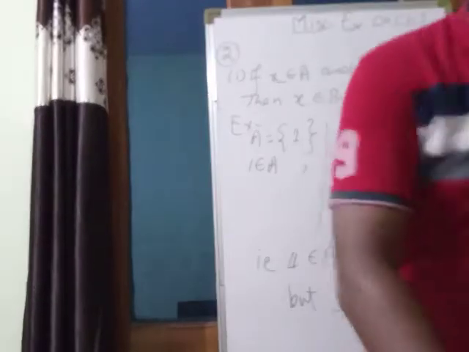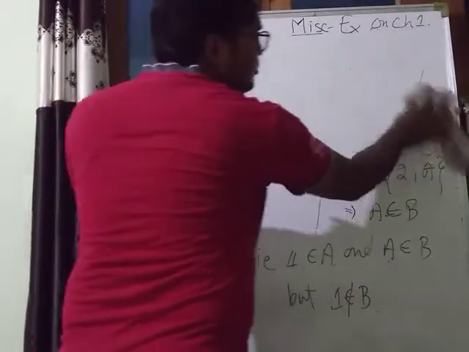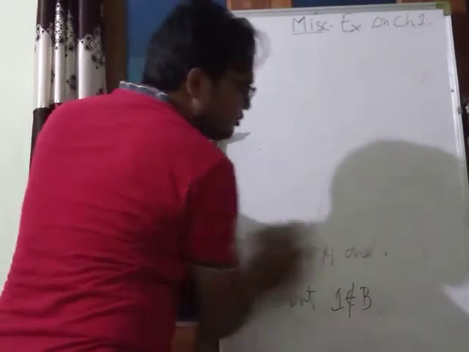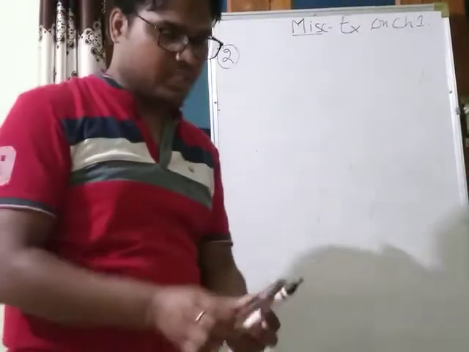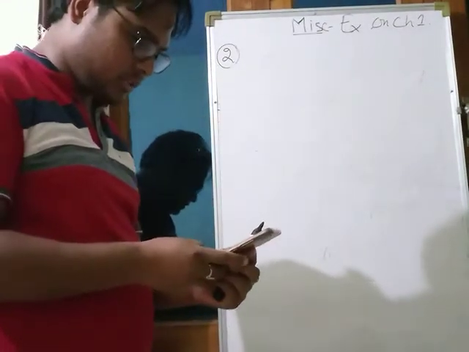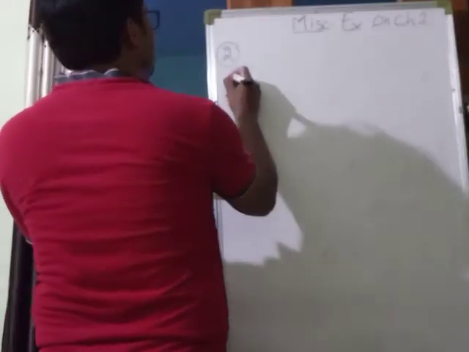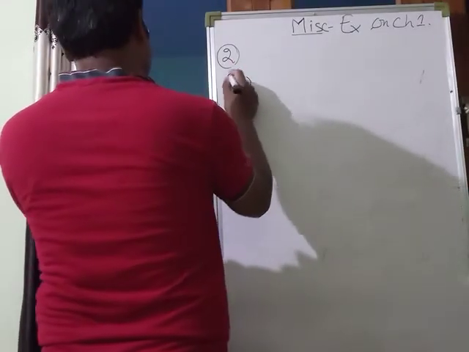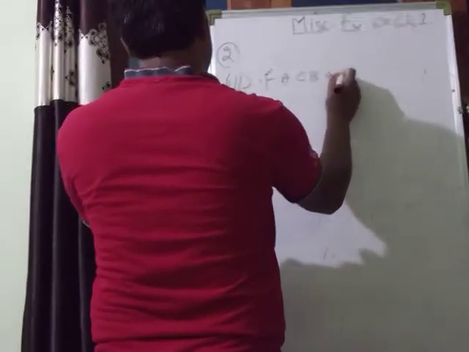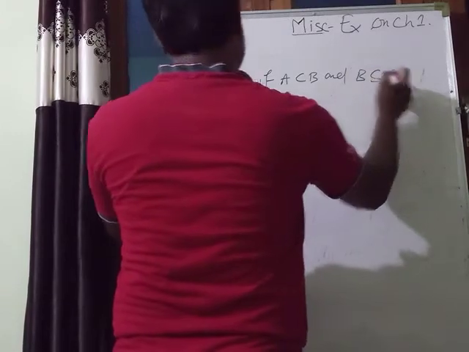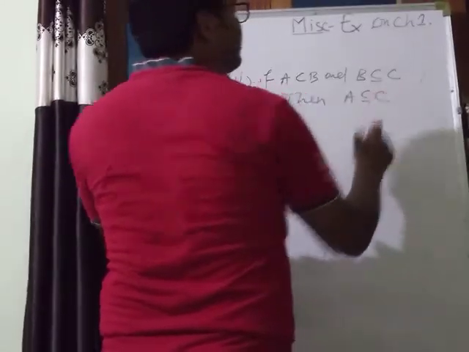Okay. Now next one, see, alternate का मैं proof दे दूंगा या फिर जो भी example होगा वो मैं दे दूंगा. Alternate आपके लिए homework रहेगा. Okay. So see the next one. It's third one. If A is subset of B and B is subset of C, then A is subset of C.